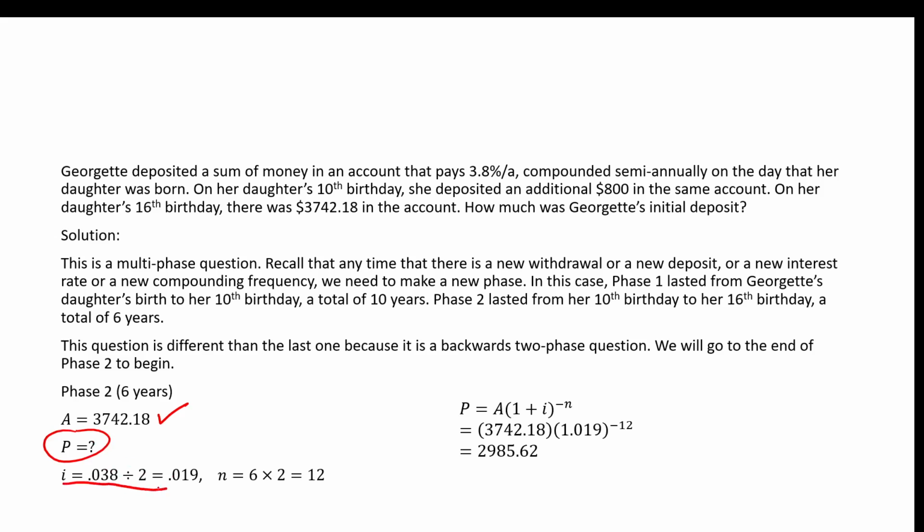We know that the interest rate was 0.038 divided by 2, which is 0.019. And we know that n will be 6 times 2, which is 12. So we know that the principal, the amount that the daughter began phase two with, will be given by this formula which we established earlier. So $3,742.18 times 1.019 to the exponent negative 12 equals roughly $2,985.62. That means the daughter began phase two with